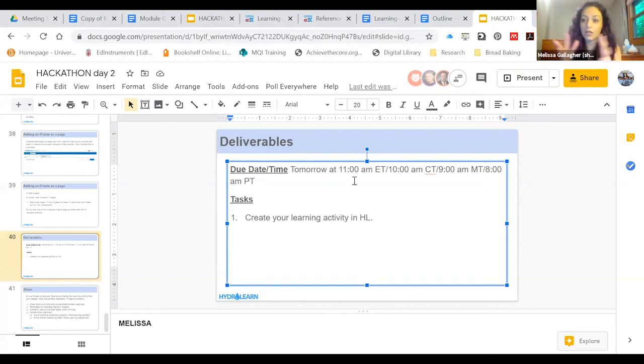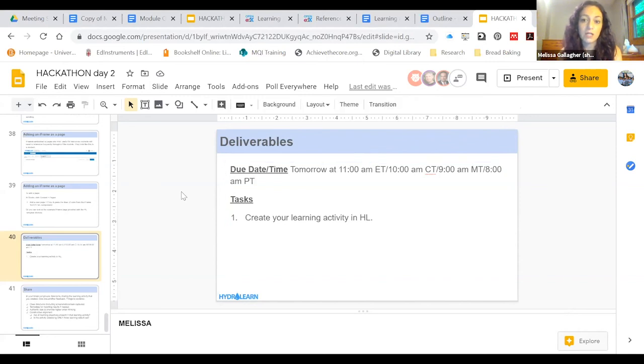If you've already created it in the Google Doc, that's basically a cut and paste type of activity. You can use the learning activity template component as Jenny showed you, but we also set the learning activity template up in HydroLearn to follow the learning activity template in Google Docs. So you can also just copy what you created in the Google Doc and paste it into a regular text box, and it should be pretty similar. Then tomorrow we're going to continue to share and refine the learning activities and talk about rubrics and adding rubrics to those and some other functionality as well.